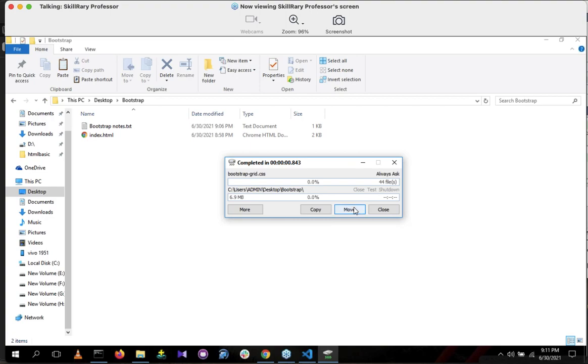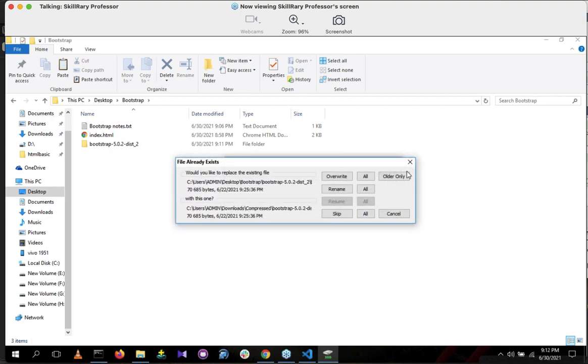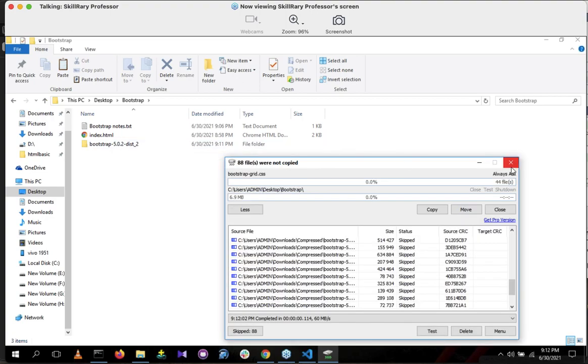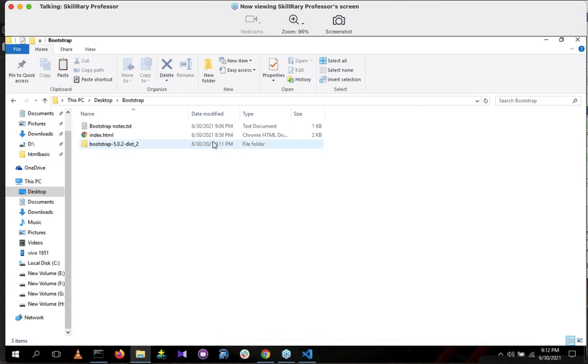Just paste the file. That's it. I've pasted the file. Everyone done now?